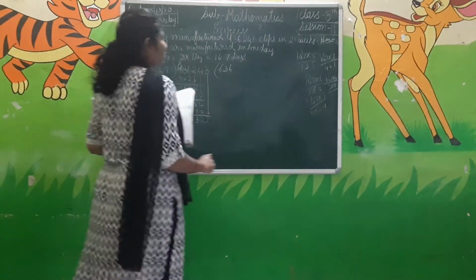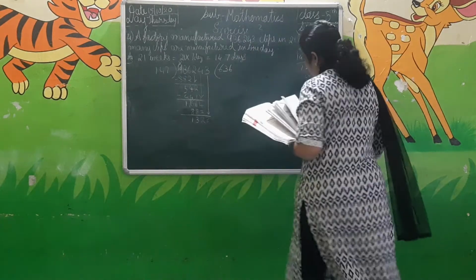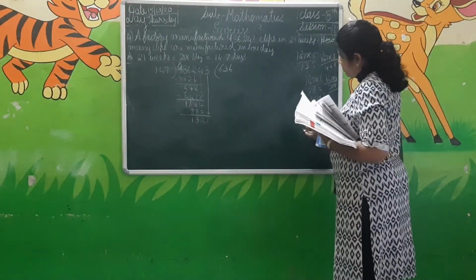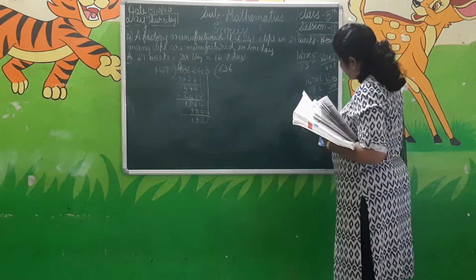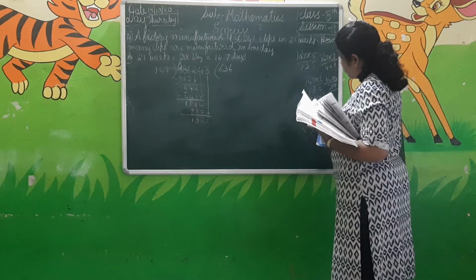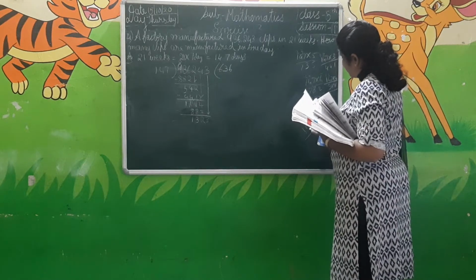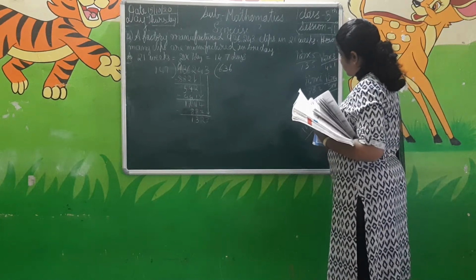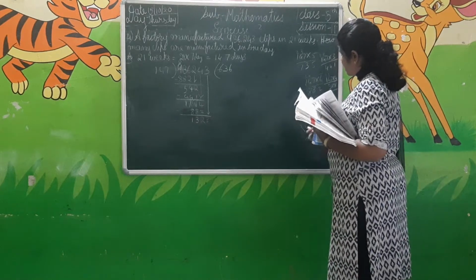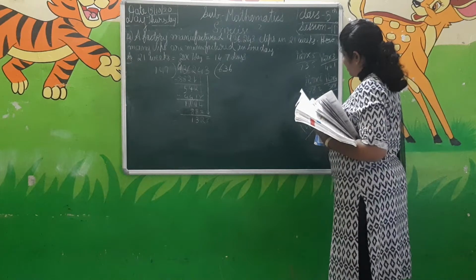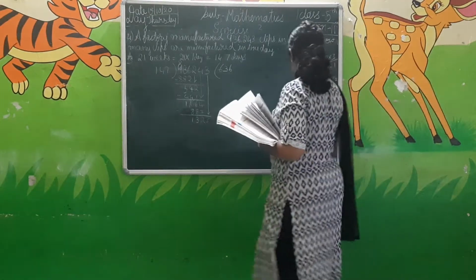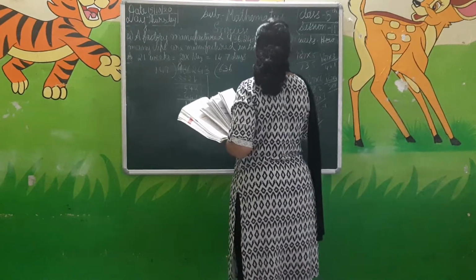1323. Here I have multiplied up to 7. Next go for the 9, or else 8. 147 into 8. 8 sevens are 56. 8 fours are 32. 32 plus 5 is 37. 8 ones are 8. 8 plus 3 is 9, 10, 11. 1176 we got here. Next go for 147 into 9.